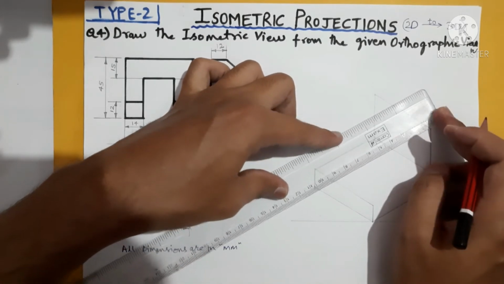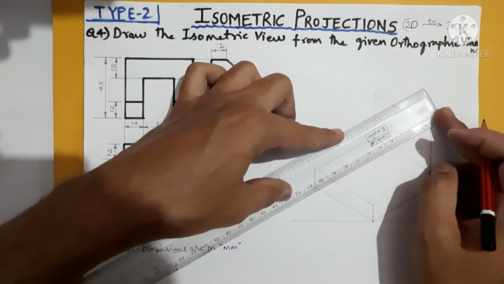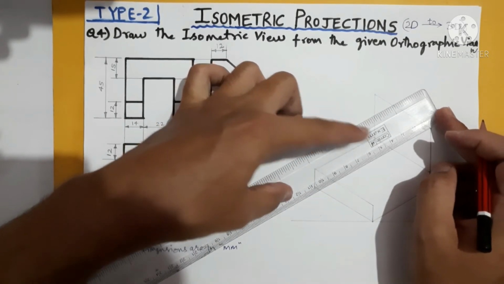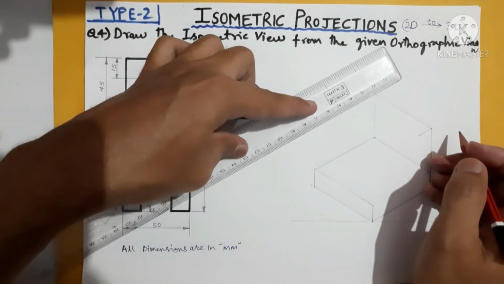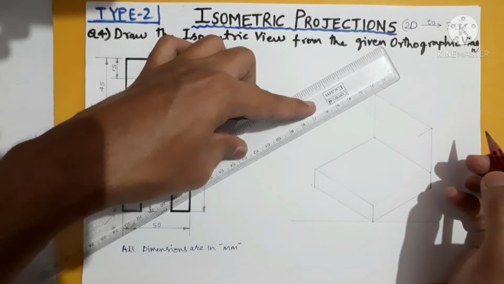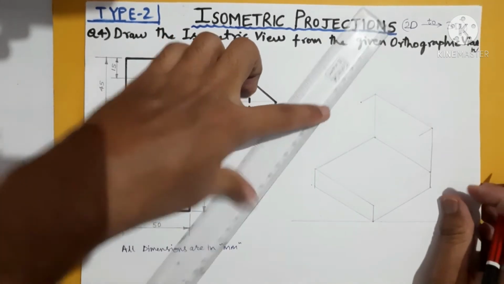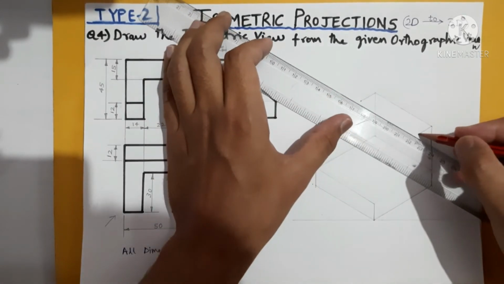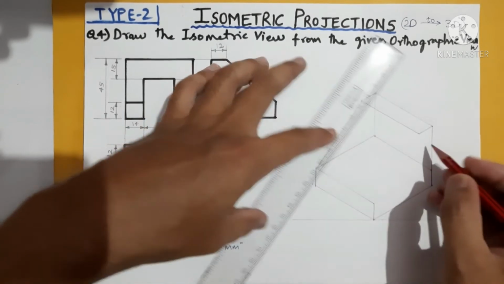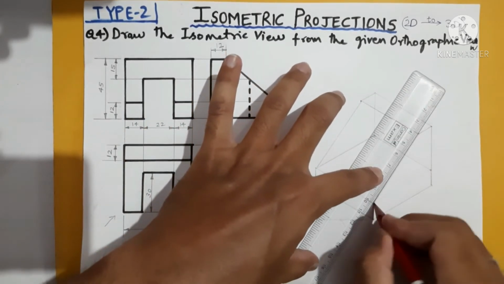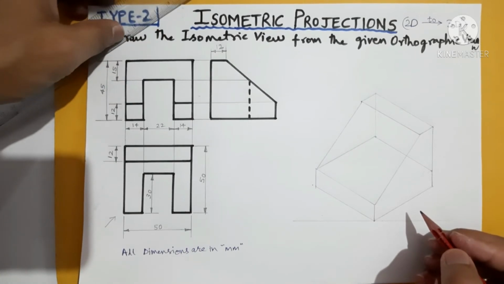Now we will try to have a parallel line, a little here and there it might happen. This side I have taken. Now here also we will take 12 like this, then join these two. From here bring it down this way and this way. So this is the way how we have constructed so far.